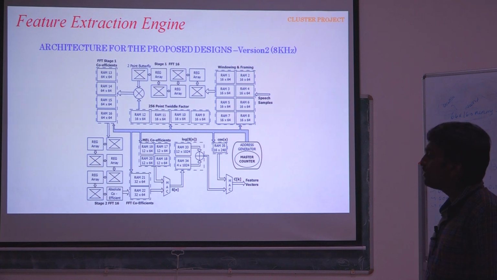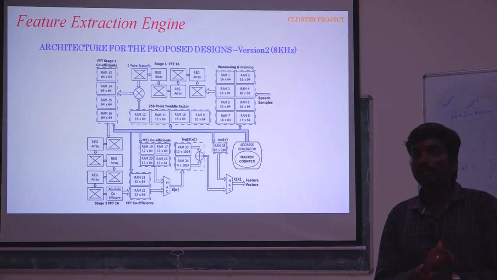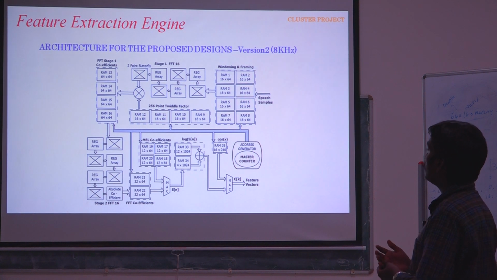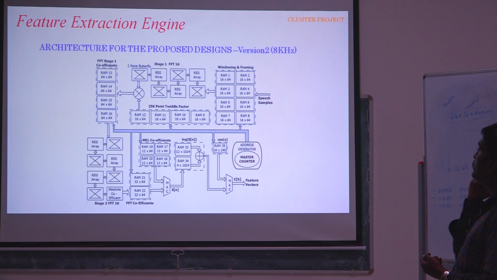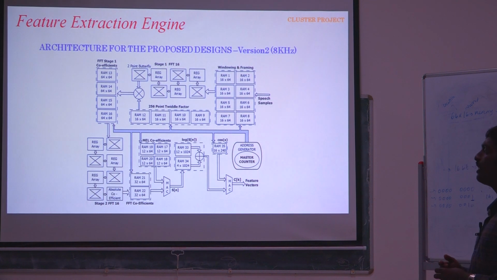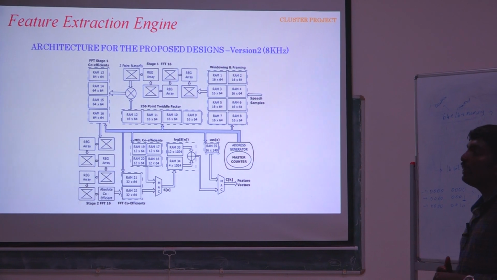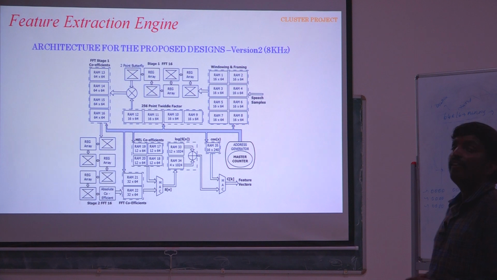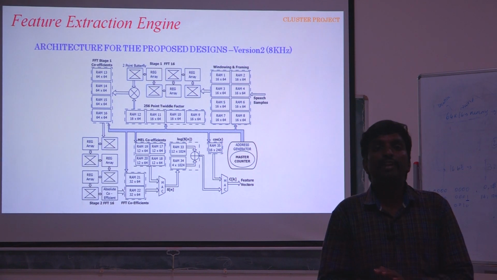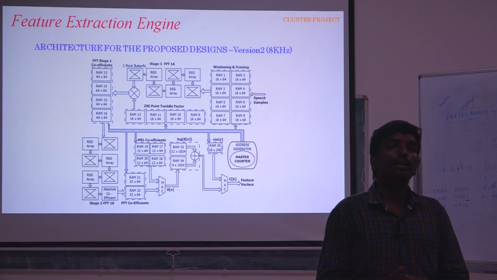Stage 2 FFT 16 again has to complete within 64 clock cycles. As per the previous discussion, here also we are using the same. If you observe the input RAM and the stage 1 FFT RAM, it is half the RAM. Here we have 8, and for the FFT stage 1 we have only 4, since for the input we have an overlap between the frames. So we need another set of even and odd frame memories.